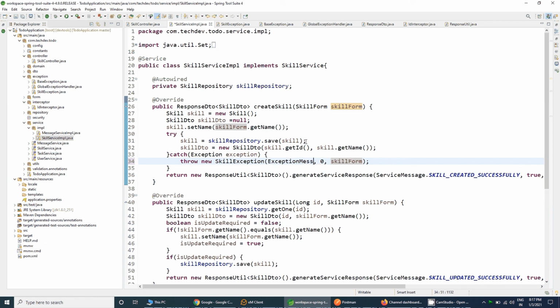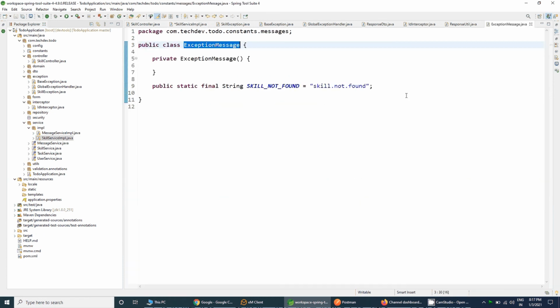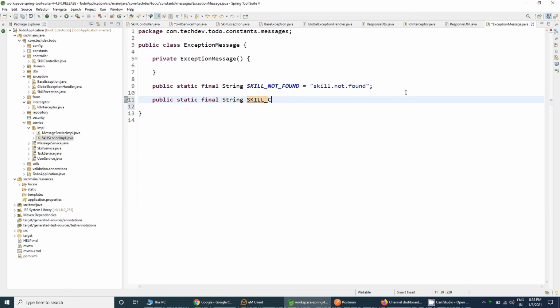As you know, exception message is our constant class. In this constant class we will create a constant, public static final string skill add exception, skill dot add dot exception. This is the key I am using here.